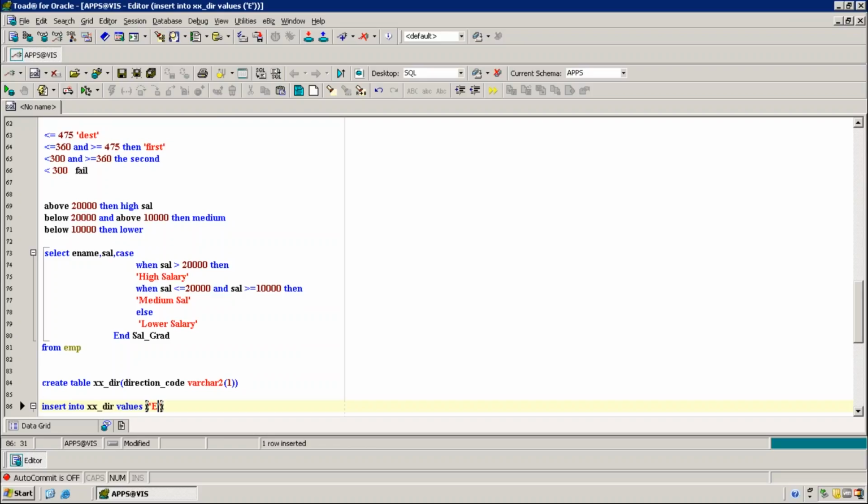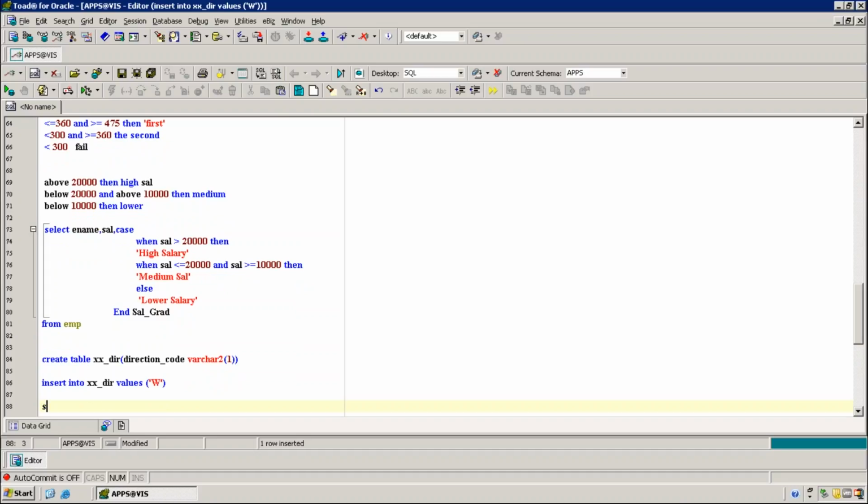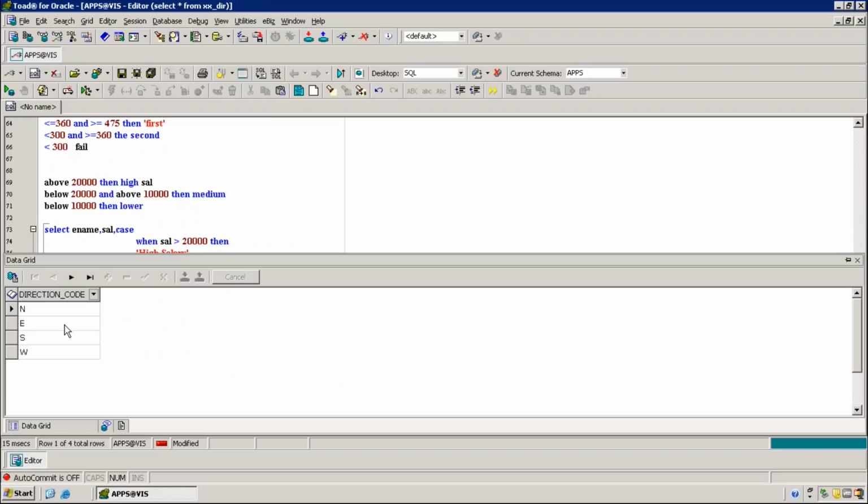E, two rows inserted. S, one row is inserted. W, one row is inserted. Total, how many rows are inserted? 4 rows are inserted. In xx underscore dir, N, E, S, W is there.